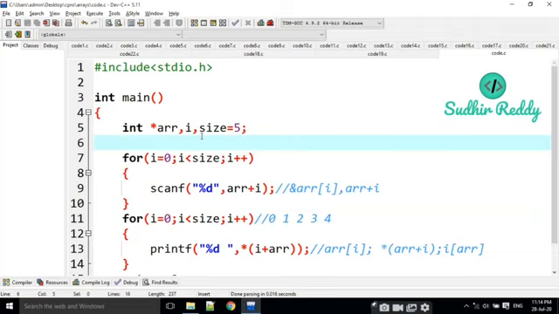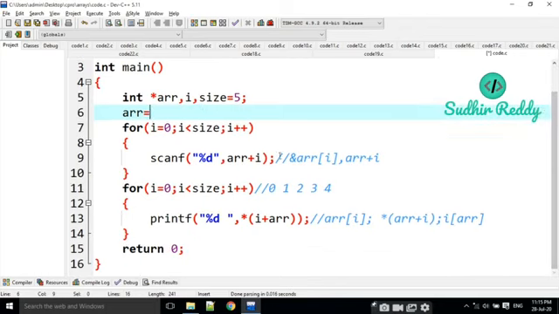Now I am going to allocate 5 memory locations to ARR. The printing, reading and displaying are the same, but instead of an array I am going to take a pointer here. ARR of what data type? Int.